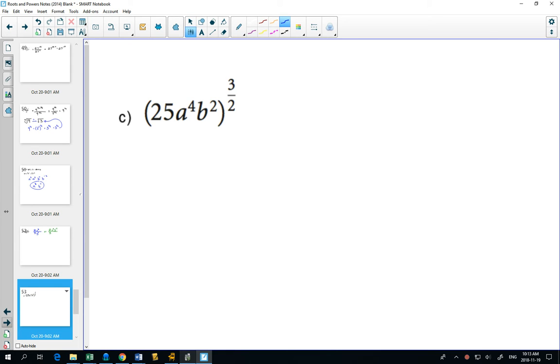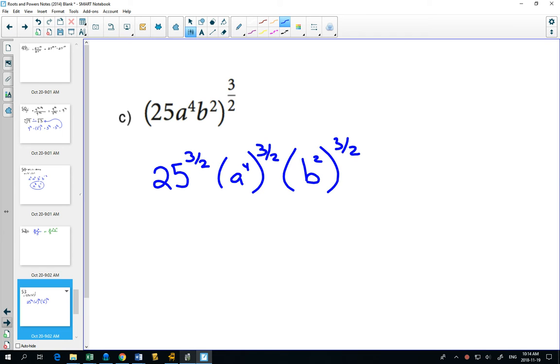So we have a power to a bunch of things, an exponent to a bunch of things. That means that that exponent of 3/2 would go to each of them. It'll go to the 25. That exponent of 3/2 will go to the a to the 4, and that exponent of 3/2 will go to b to the squared. Now, I wrote it like that separately so that we could say to ourselves, well, what happens when we have a to the 4 to the exponent of 3/2? We have the power of a power, so that means we're going to multiply our exponents. So a to the 4 becomes